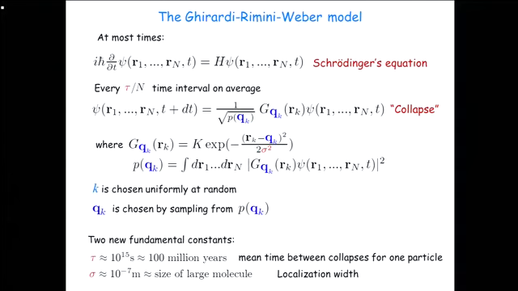And proponents of collapse models suggest that perhaps in a deeper theory we could have some explanation of the values of these parameters. But from the level of this theory, they're just basic, and there's no explanation of them. So the tau is taken to be approximately 10 to the 15 seconds, which is on the order of 100